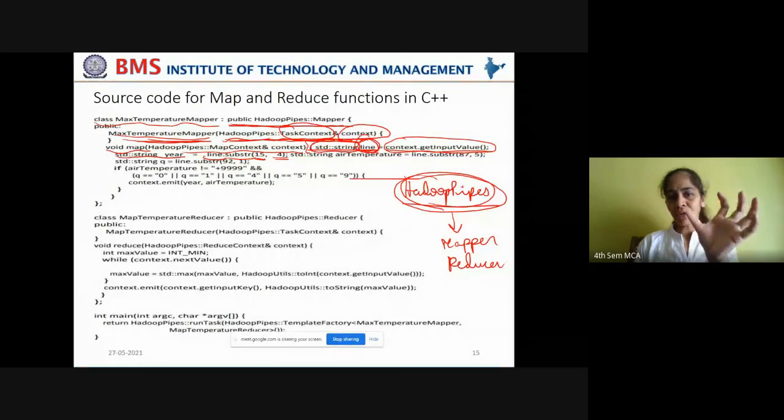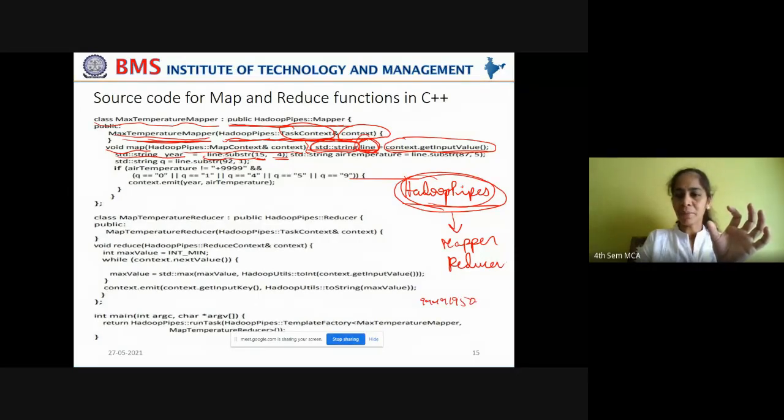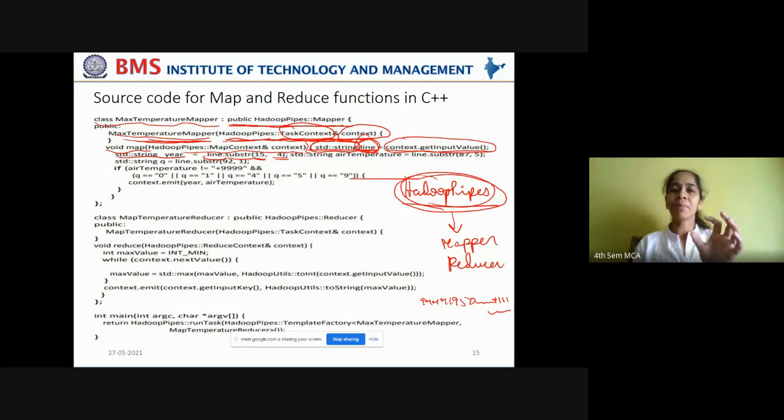From that raw record you have, say, like this 9999 1950 and some other values. Again you have plus 111, the temperature, followed by some other numbers. Now from this raw record you're capturing the substring 1950 and it starts at index location 15. From there you fetch 4 characters.